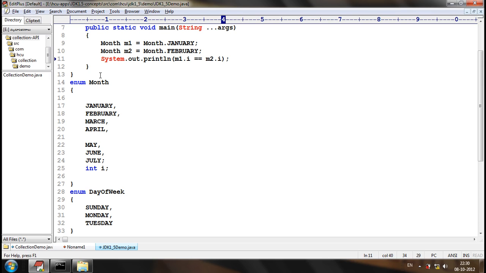Definitely this will be true. Let's consider there is an enum object January, so the January enum object's I value will be 0. For the February enum object, the value will also be 0. Let's consider m1.I is equal to m2.I. For primitives it will compare values. Are the values the same? 0 and 0, both are the same. So this will be true.